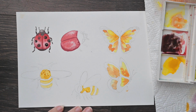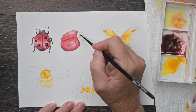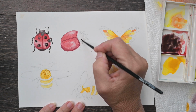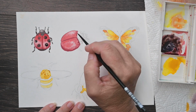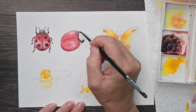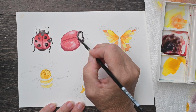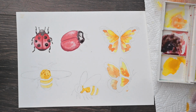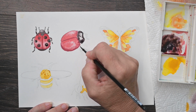So now we're going to come over here and do the same thing. Now this ladybug's a little bit different. She's a little bit more realistic. We're going to wet that thorax down. We're going to take some of this color, and we're just going to go around the edges just like we did on our other little fella. We'll just let that go, and then while that's sort of mixing and mingling, we can just